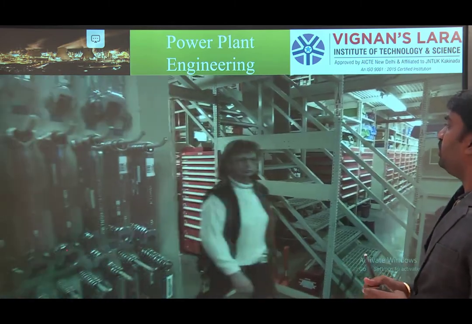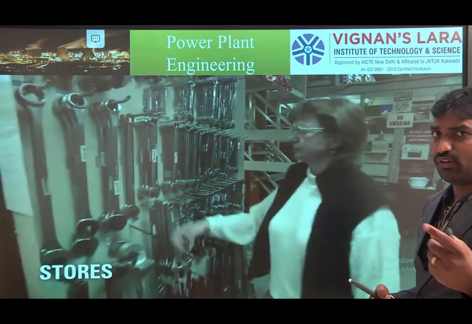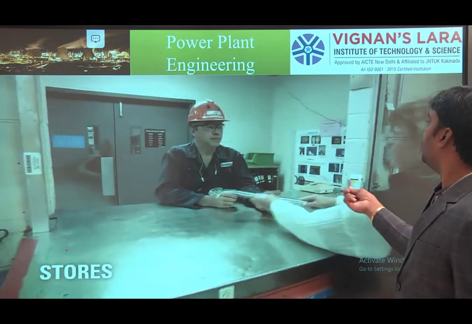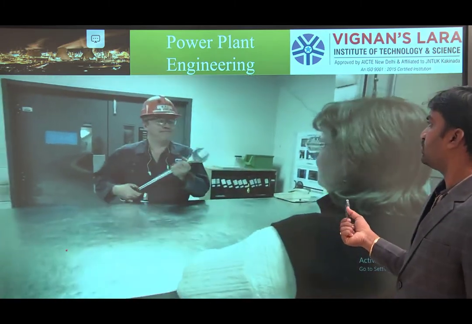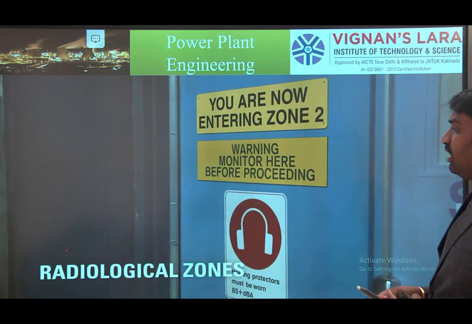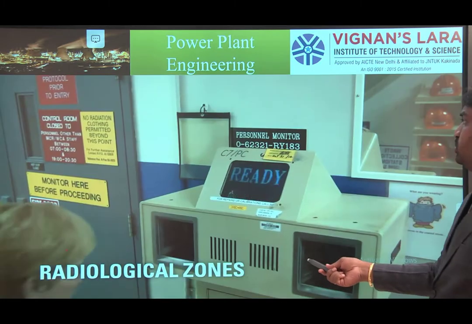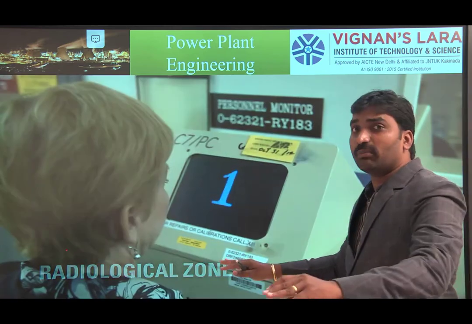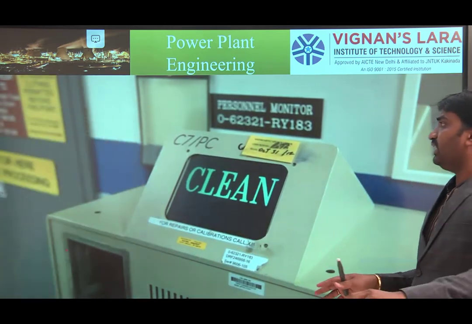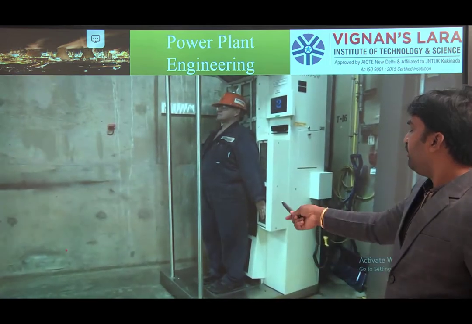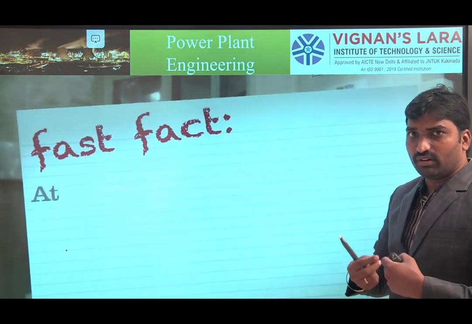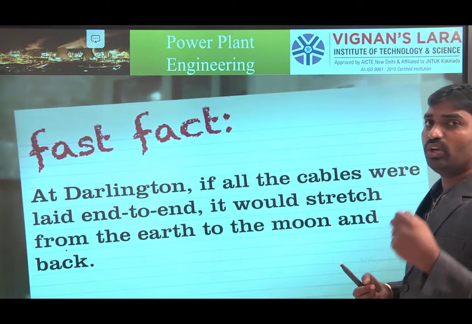So you need to control how much fuel flow rate there is. Okay, how much heat energy is released. So these are the stores. We need to take from the store for opening and all the things. Then radiological zones. So here we are cleaning the components. If you want to be free from radiation, then only you can leave. Okay, and everything is clear here. Because if you touch even one component, it causes health problems.